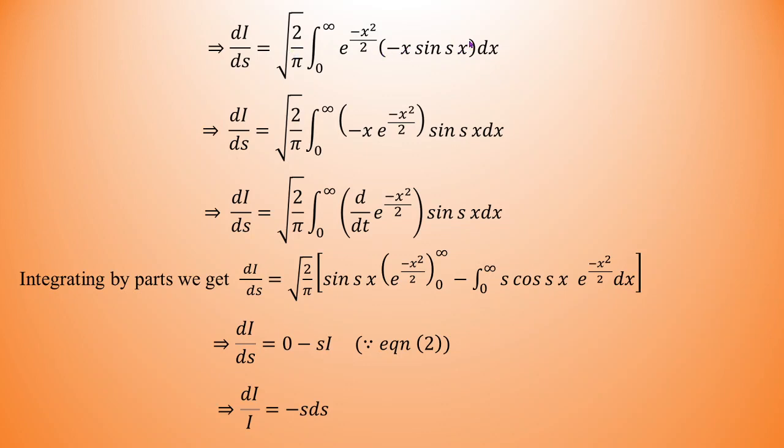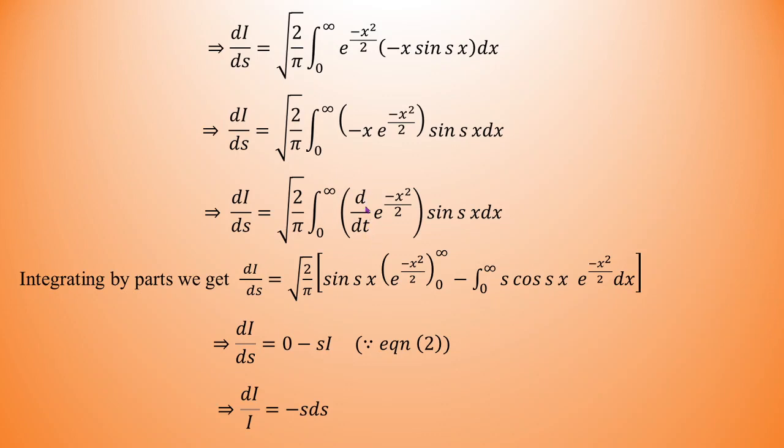So in this way we have the differentiation, right? Let's arrange the terms. So you can find here, this is nothing but the derivative of e raised to power minus x square by 2, right? The term inside the bracket can be replaced by the derivative of e raised to power minus x square by 2. So what we have, here we'll apply successive integration by parts. I'll take the derivative term as the second function and this sine function as the first function. So according to integration by parts, it is first function, then integration of the derivative, right? See here, note one correction, it is not d/dt, it is d/dx, derivative with respect to x, okay?